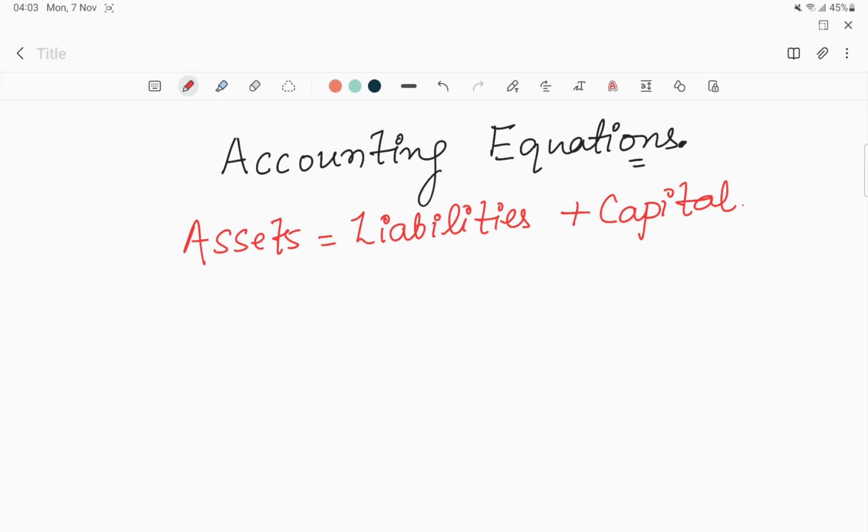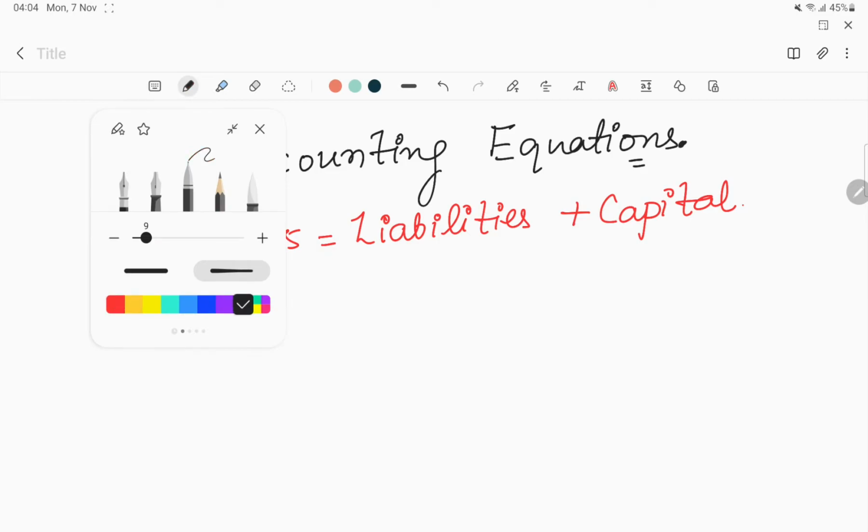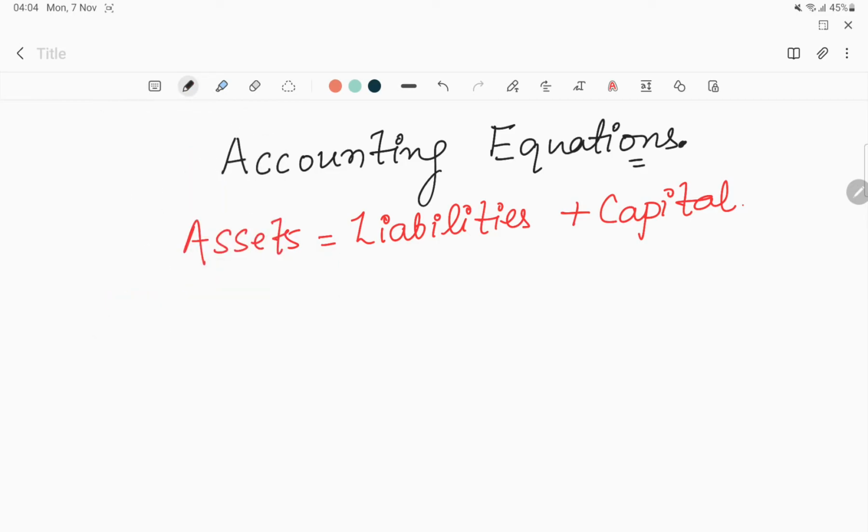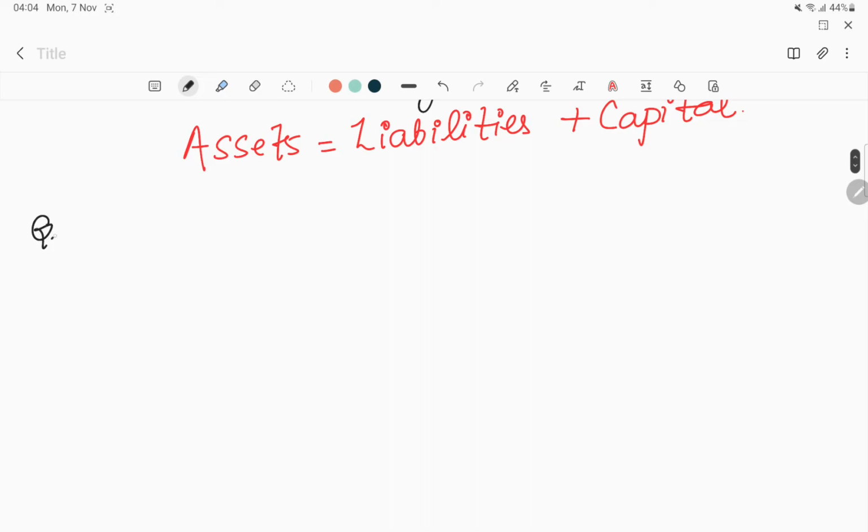So without any further delay, let me give you a question and we will understand all the theory parts with the help of that question. So I'm going to first write the question part here. While writing, please be careful about the lines I am writing, because those lines should be written while you are presenting your data in a tabular form. So the question here is something like this: